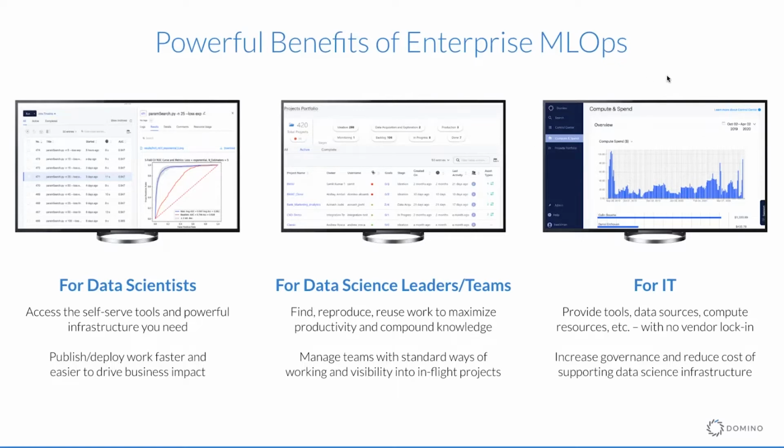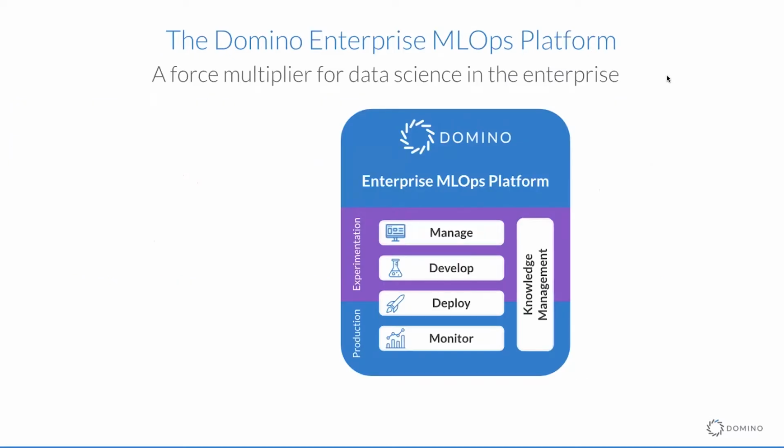So what I want to talk about next is how MLOps affects an organization. While many vendors talk about MLOps, we're the ones who are really delivering on its potential. In fact, many of our customers describe Domino as a force multiplier that makes your data science teams more productive because it helps them overcome the challenges of scale that we discussed earlier. Now, there are some 4 key differentiators that I'm going to show you right now, which we are consistently hearing from customers set Domino apart from our competitors.